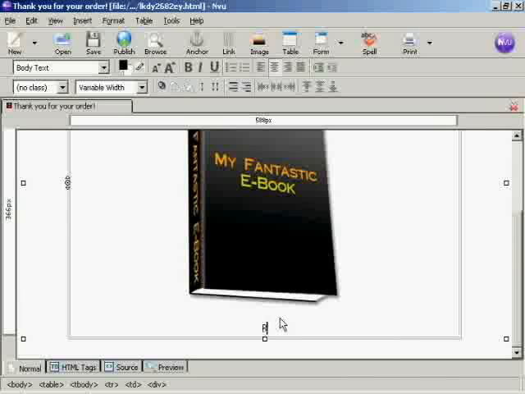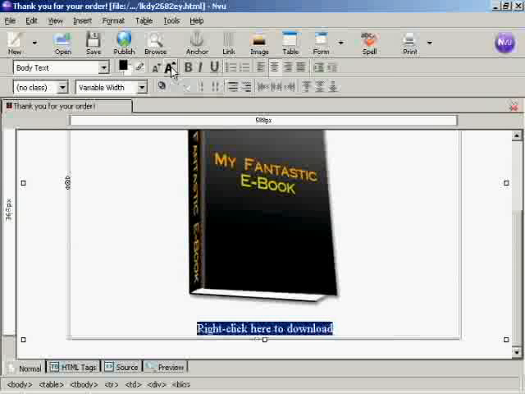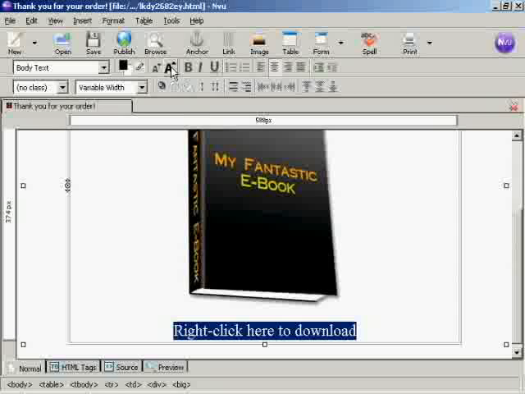So right click here, and I'm going to make that quite large so people don't ignore it. So I'm now going to increase the font size, so I'm going to click a couple of times there, and then I'm going to link to the product, which is a zip file. So click here on link,